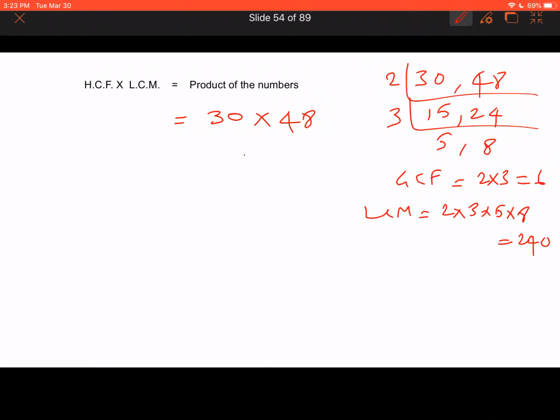Okay, so this GCF or HCF times LCM, these two values are going to be equal. Okay, this is a property which we are finding out, and using this property we are going to do some